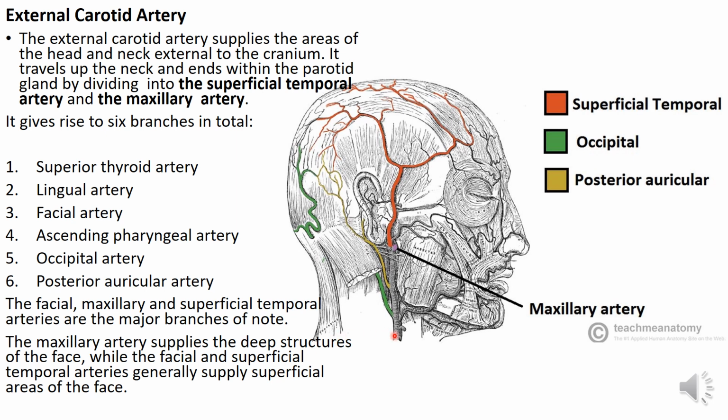So, the external carotid artery supplies most of the structures of the outer part of the cranium, or most of the external extracranial structures. Then it ends into the superficial temporal and maxillary arteries. Before it ends into these arteries, it gives many branches which supply the deep and superficial parts of the face and neck. The branches are superior thyroid, lingual, facial, ascending pharyngeal, occipital and post-auricular arteries.